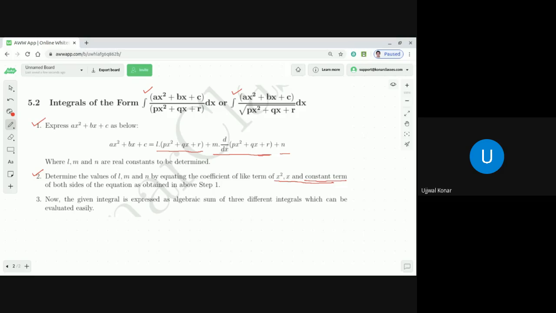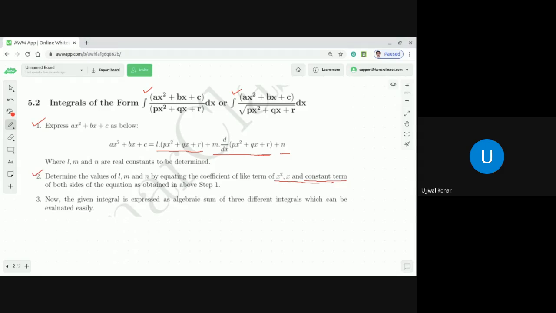How will it be evaluated easily? One thing I showed you in the previous form, same thing, same approach you need to take. If you recall, dear students, yesterday when I was discussing the method of reduction, I told you that after that class you can take a couple of examples of your own and do it using the reduction formula. You will find its beauty and simplicity.